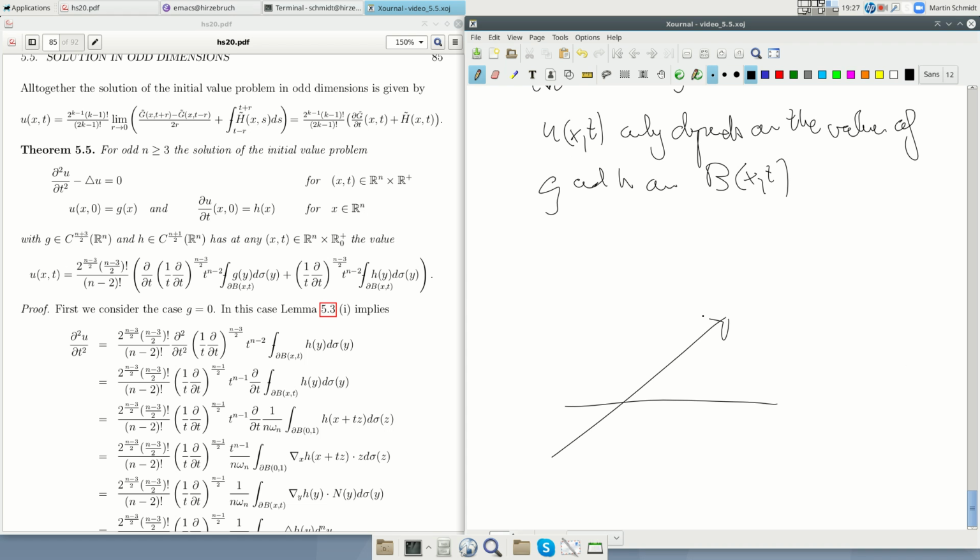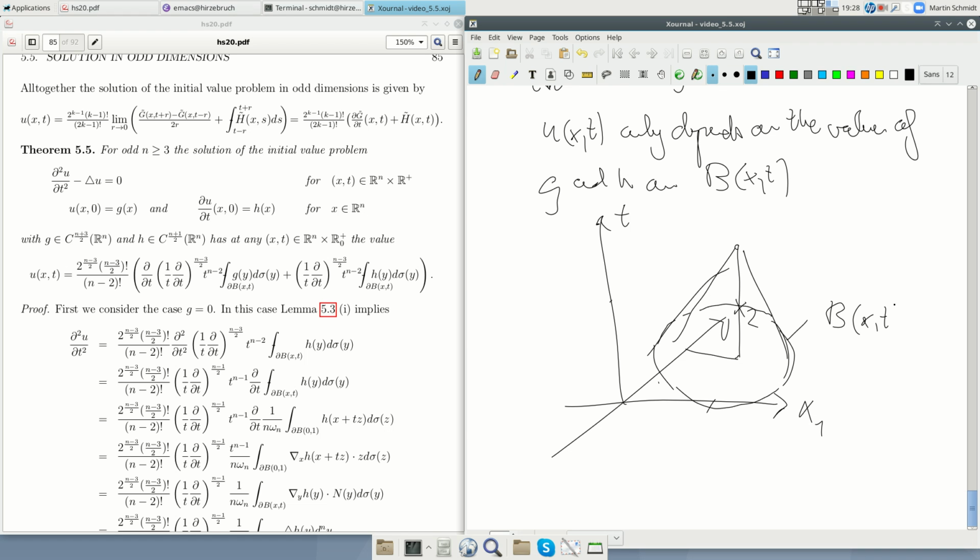So if we draw this here in the plane, we have here, let's say, some x, and some values of x, x1, x2, and so on, and here we have t. Then we have some value t, let's say here t. Then we obtain here this ball